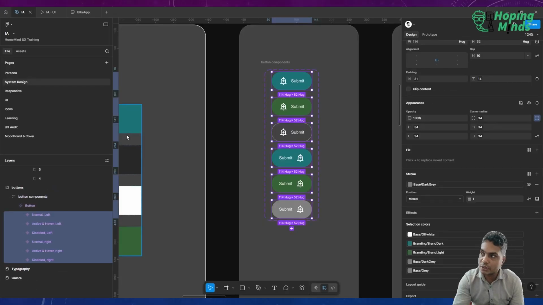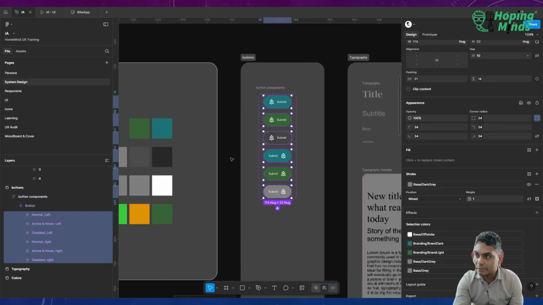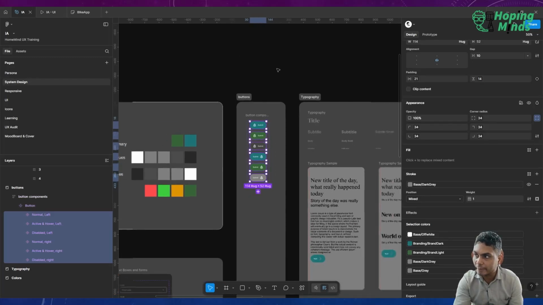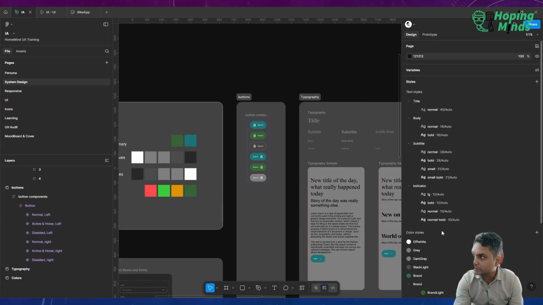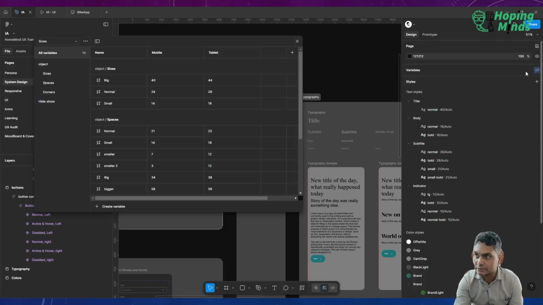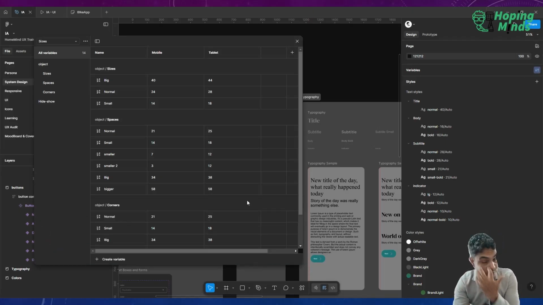And design system does not just mean the buttons and swatches, but it also means the patterns and the variables and the typography you're using, the spacing and the padding. So you see all the typography, all the color palette I have been using, and also you can go inside and see all the sizings are already fixed with the golden ratio, which is multiplication of 7. So I use golden ratio in order to make everything look consistent across the devices